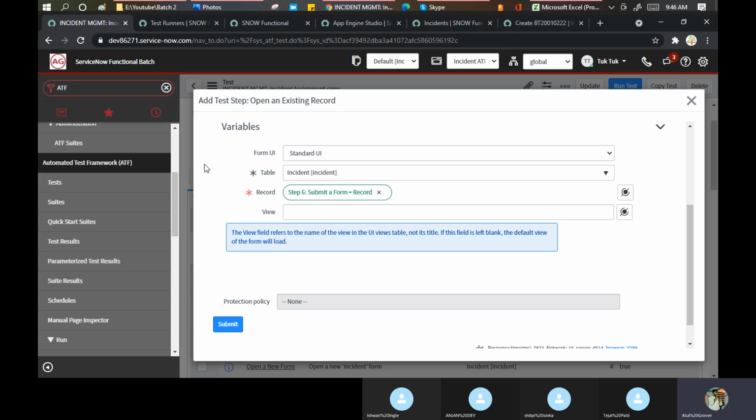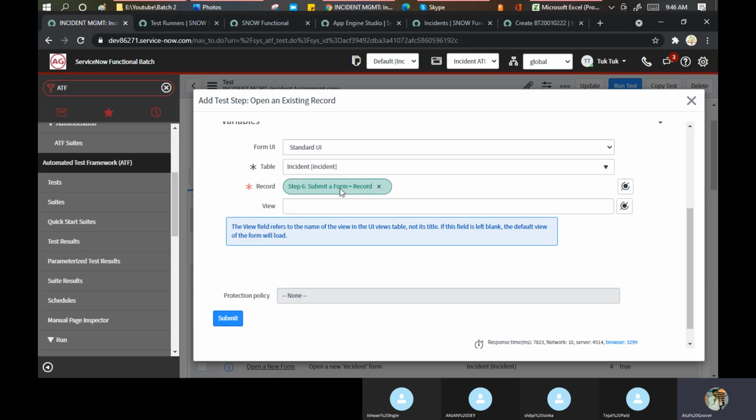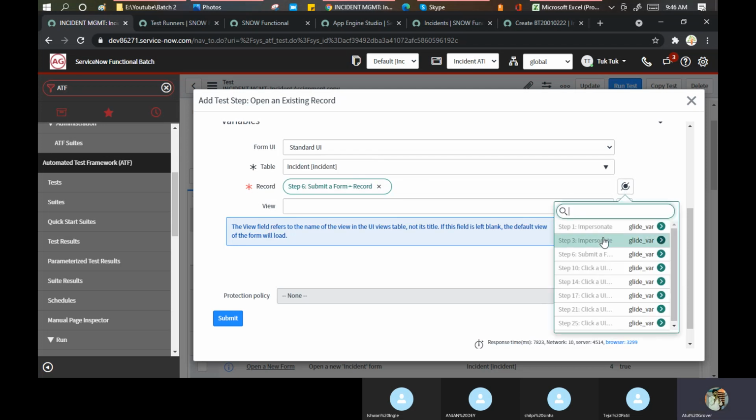It says if you want to work on any record which was created as part of your earlier step, you can call it here. You should only know on which step that record has been created. So I know that it has been created on step number 6, and in this way I can do that part.